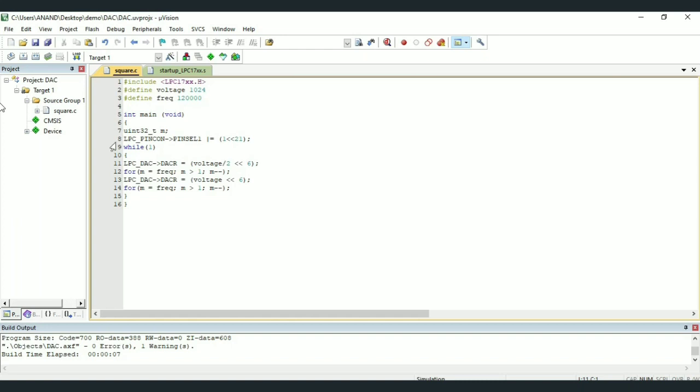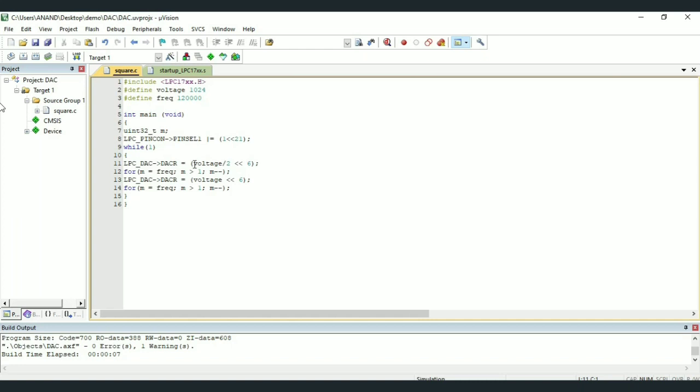Then we have the main function. Inside this we define a variable m of type unsigned integer. Then we have PINCON instruction for configuring IO pins of the DAC. Then we have while(1), that is always.